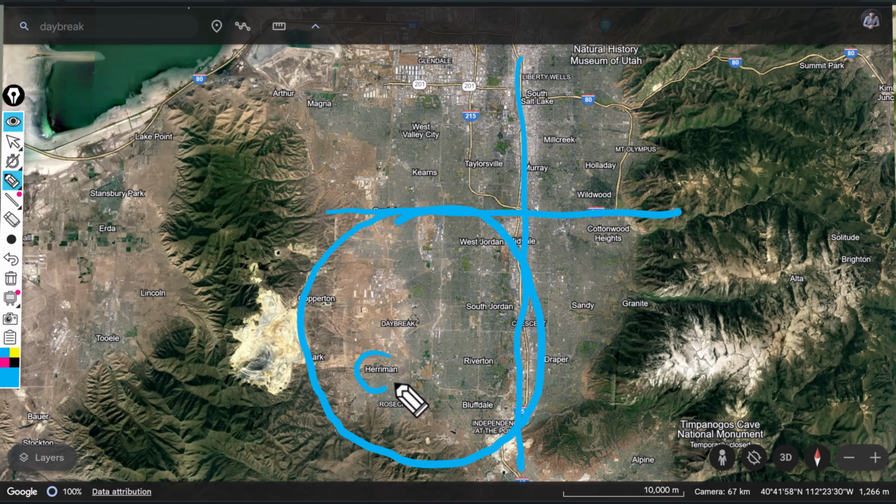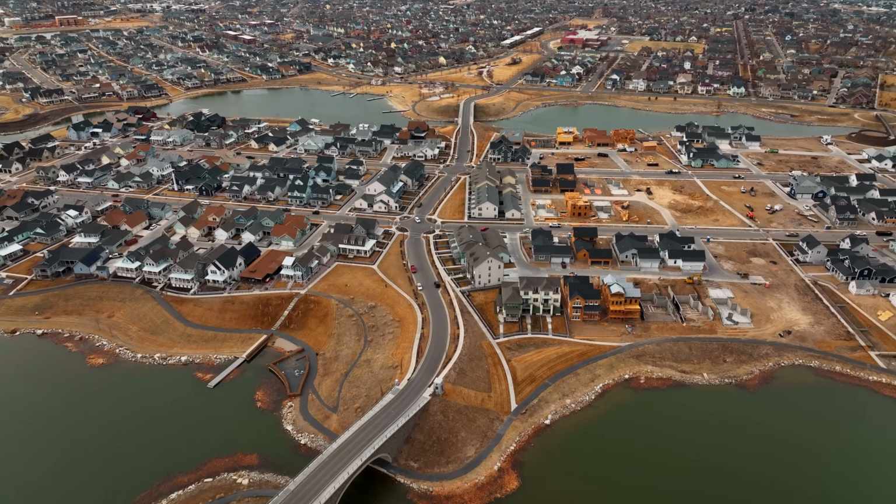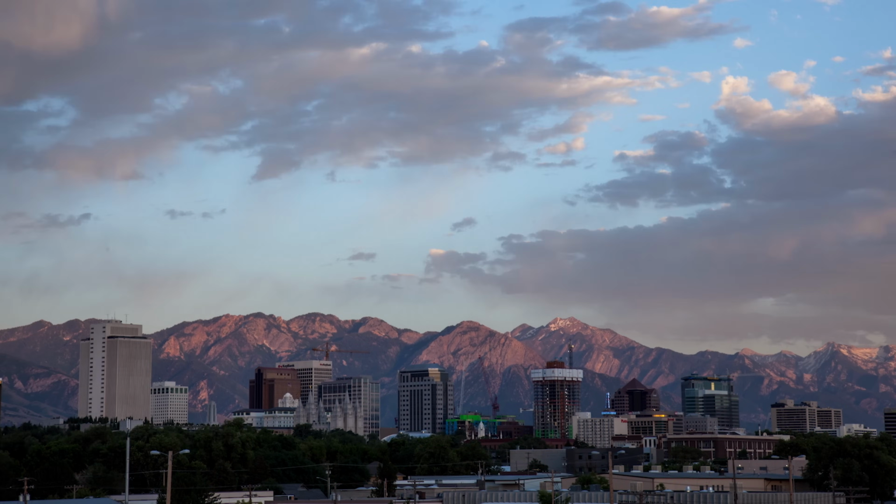This area specifically right here in Harriman and Daybreak, as well as Rosecrest, which is part of Harriman. These areas out here in the southwest corner have been some of the fastest growing places in the state. And currently Daybreak is one of the fastest growing communities in the state of Utah as well, and is the largest master planned community. So if you're thinking of moving to the Salt Lake City area and you don't want